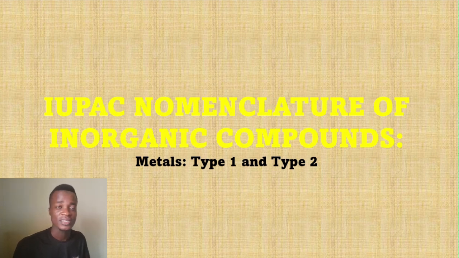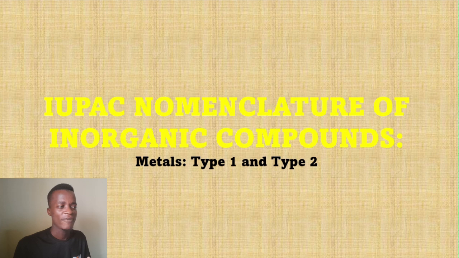We said from previous sessions that the basic source of positive ions is the metals, and the basic source of negative ions is the non-metals, right? So today we'll be focusing on the metals. So metals are the basic source of positive ions. We say basic source because